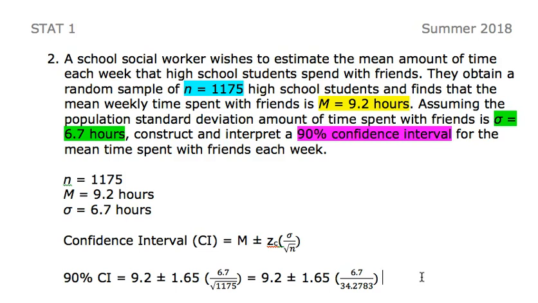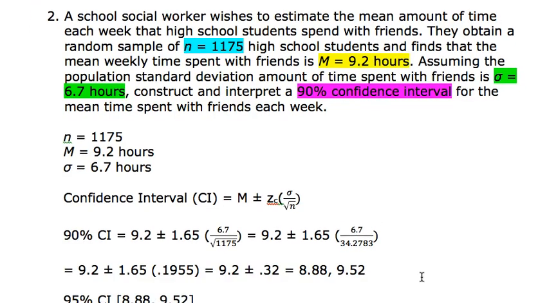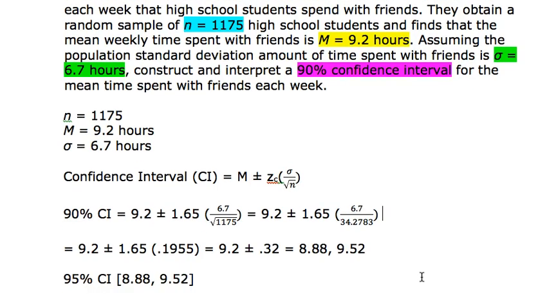Okay? So 1.65 times sigma, which is 6.7, divided by square root of N, which is 1,175. So that's equal to 9.2 plus or minus 1.65 times 6.7 divided by 34.2783. Let me change that again. Okay. Which is equal to 9.2 plus or minus 1.65 times 0.1955, which is equal to 9.2 plus or minus